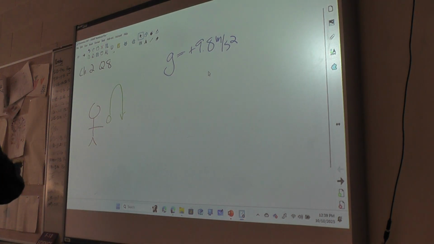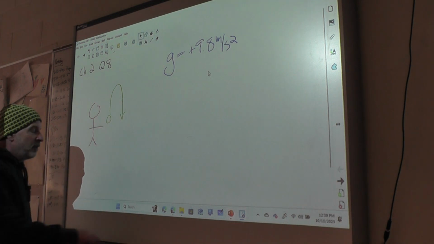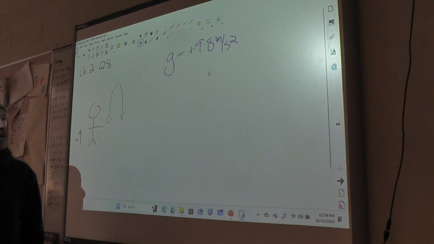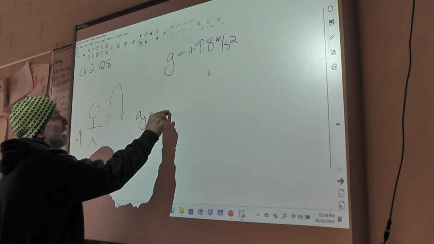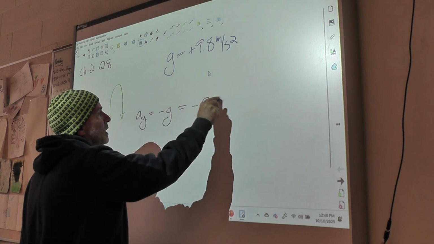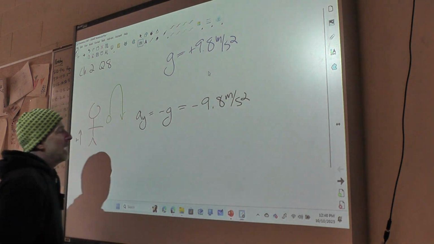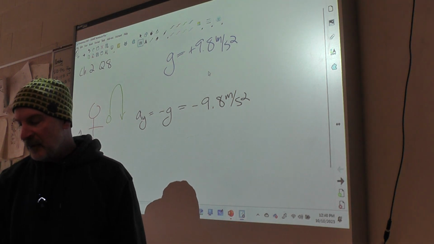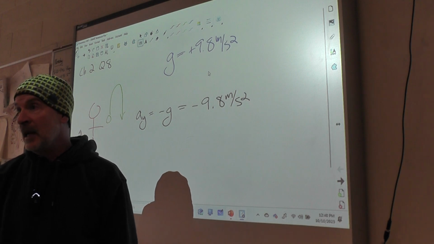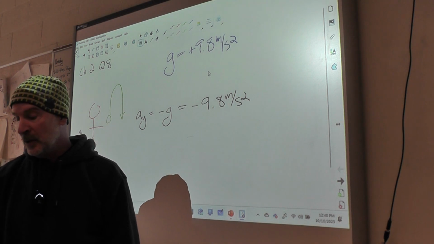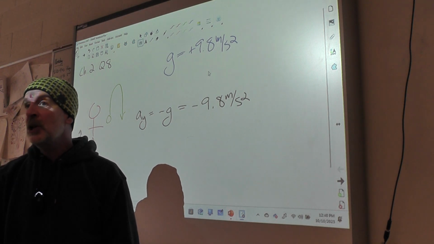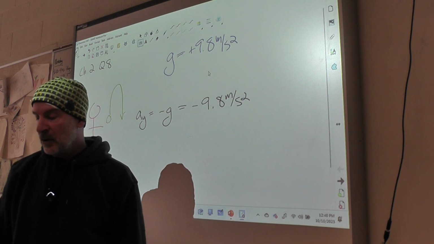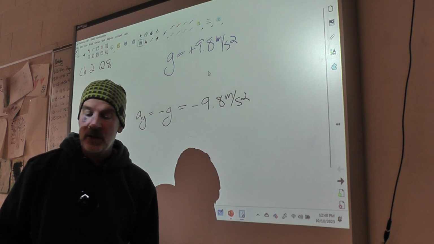So that means that anything in free fall, when you have a reference frame in which up is positive, will always have an acceleration of negative g, or negative 9.8 meters per second squared. And the question is asking about a bunch of different time periods. So one is just after leaving your hand. Just after leaving your hand, it's in free fall. It will have an acceleration equal to negative g. At the very top of its motion, it's still in free fall. It will have an acceleration equal to negative g. And just before hitting the ground, it is still in free fall. It will have an acceleration of negative g.